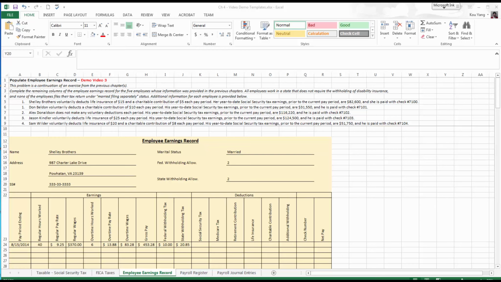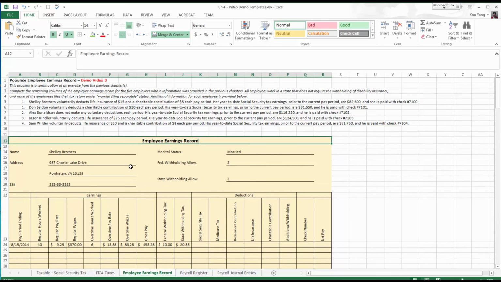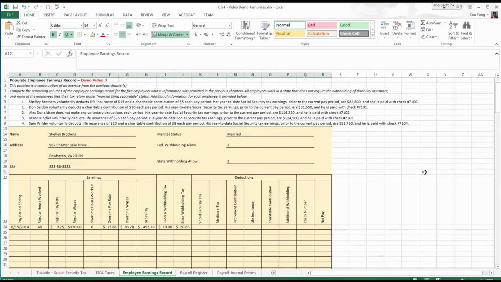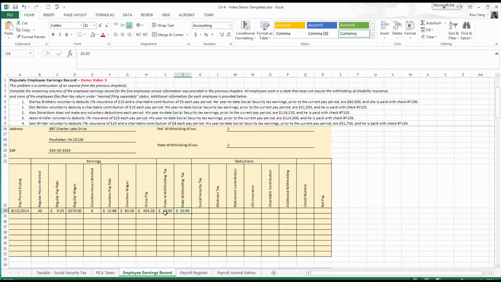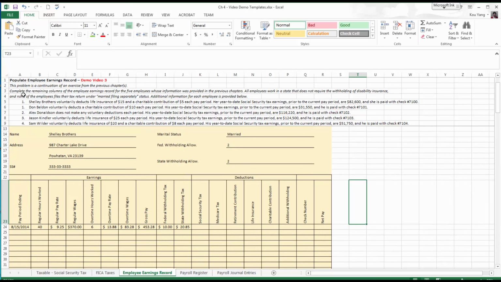This is a continuation of the employee earnings record from the previous chapter. What I did was copy and paste what we had in the previous chapter for each employee that we were working on. In the previous chapter, we worked up until the state withholding tax. So in this demonstration video, I'm going to fill in the rest of the deductions for each employee we've been working with: Shelly, Don, Alex, Jason, and